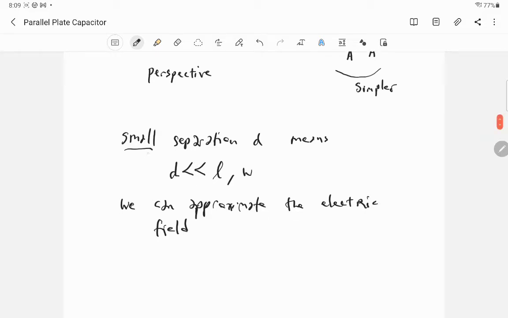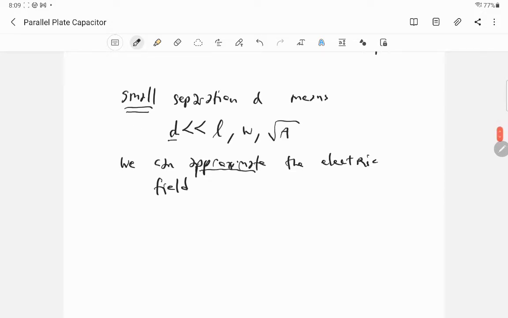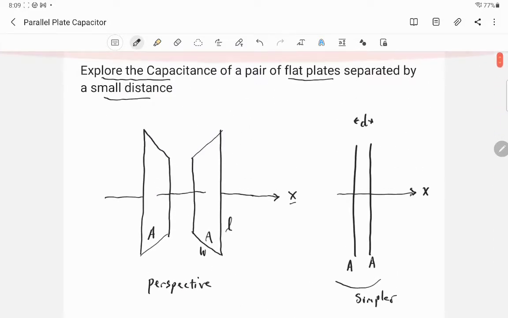So we want a small separation because our approximation is good when the distance of separation is really small compared to basically the square root of the area. This is also, in a sense, the square root of the area. But our approximation hinges on this relationship between the dimensions. All right, so